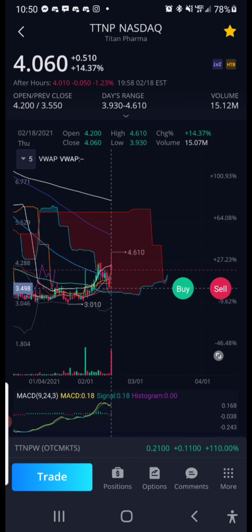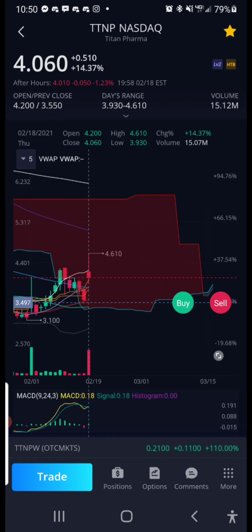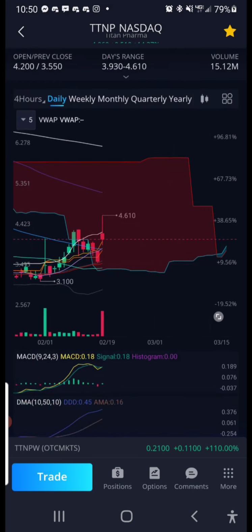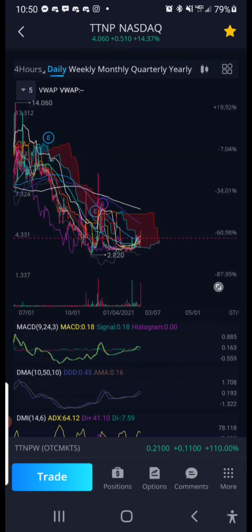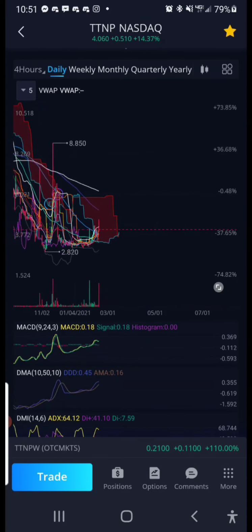I'd say 347 is the daily 25-day MA, and the 50 is at 340. So pretty much, if you can get it around there when it comes down, I think this would be a good play in the next few weeks. And here, when we start to bust through this cloud,